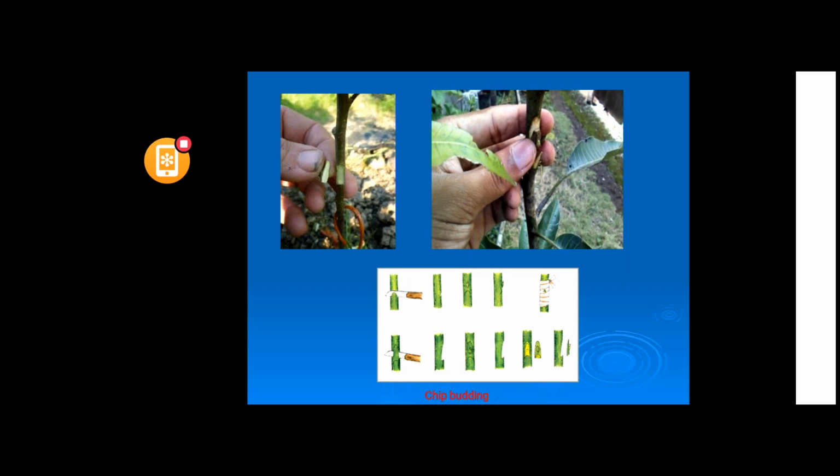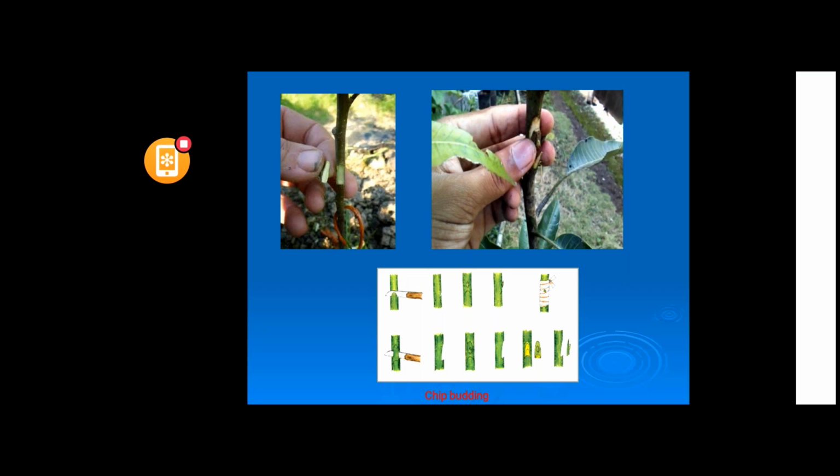Chip budding is another budding which is very common for mango. It is a successful one. This chip budding can be made anytime, as clipping of the bud is not required. In other cases, budding should be practiced in the active growth stage of the plant. But chip budding is done with wood and bark. About 1/3 portion of wood and bark is removed from the rootstock.